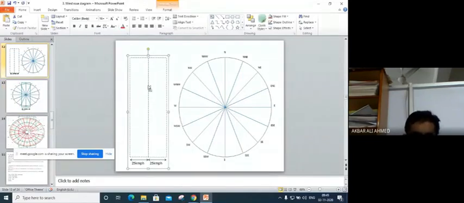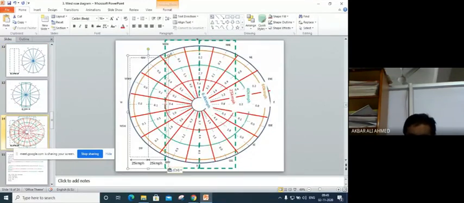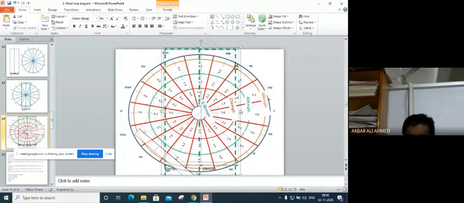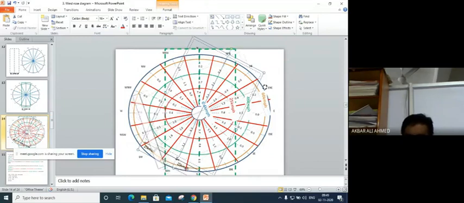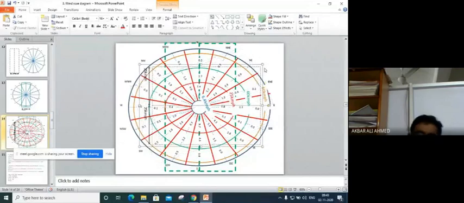You take this transparent sheet and you make it like this, and then you try other orientations also. This orientation you can try. Then you do the summation of all the values. Then this orientation you can try. Take all the values. Then this orientation you can try. Similarly, many orientations are possible.